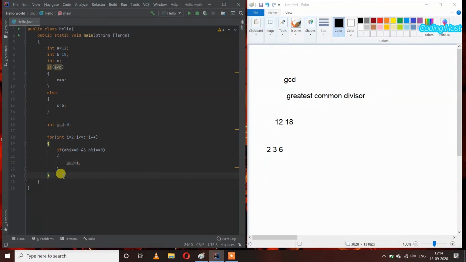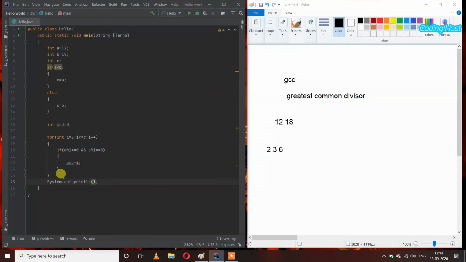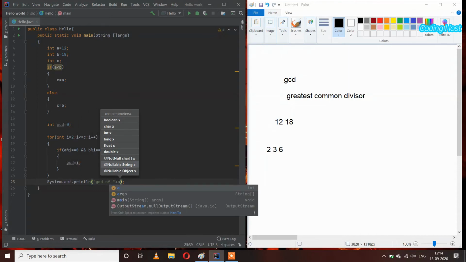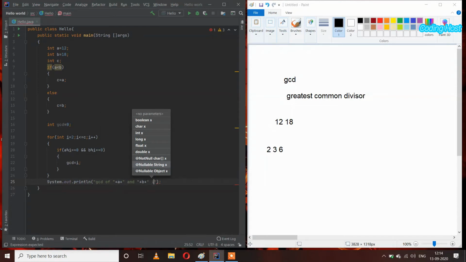In the last I will print the value of our gcd variable. So System.out.println, and inside this I will write "GCD of a and b is" gcd. Let's run this program.